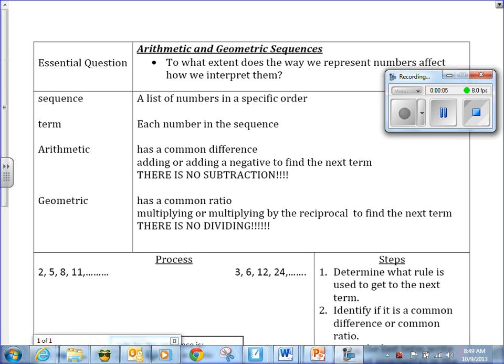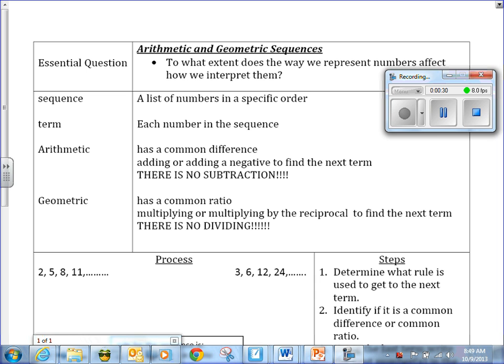Today we want to go ahead and take some notes on some arithmetic and geometric sequences. So a couple things that we need to know is, what is a sequence? A sequence is a list of numbers in a specific order. A term is each number in the sequence. Arithmetic. Now, when we're talking about arithmetic sequences, we know that we're adding or adding a negative to find the